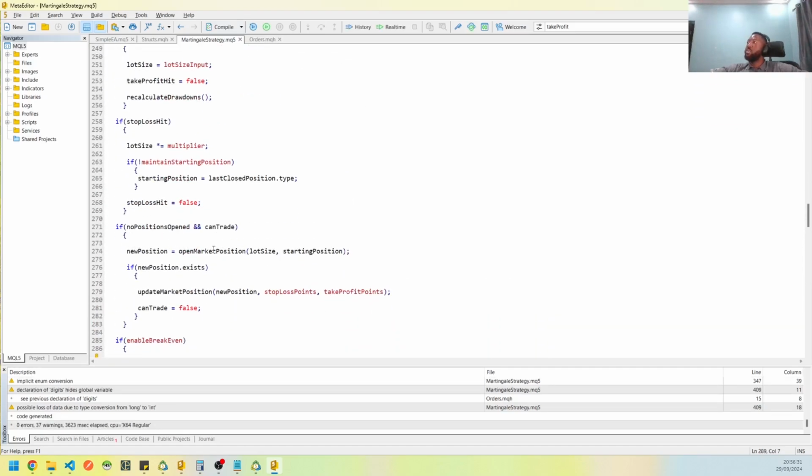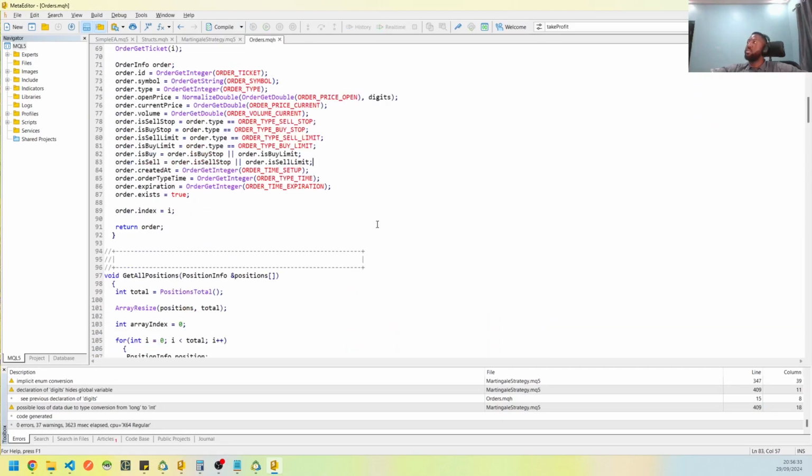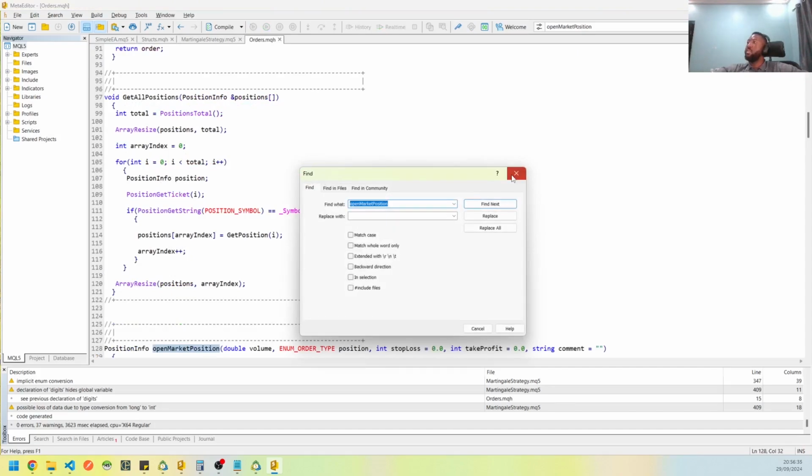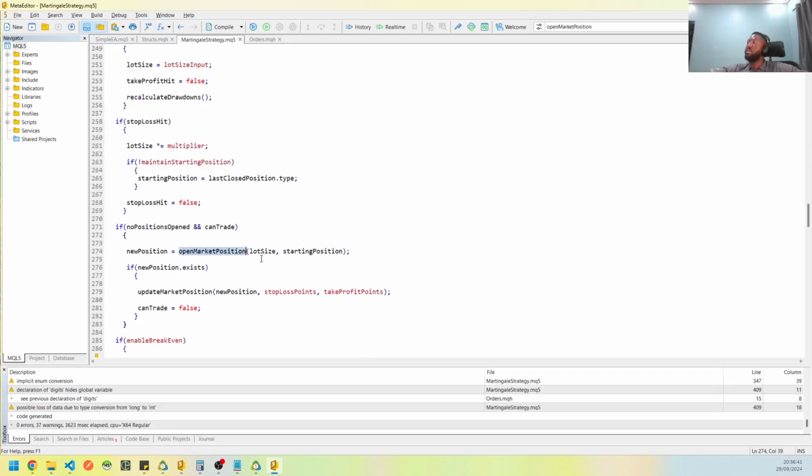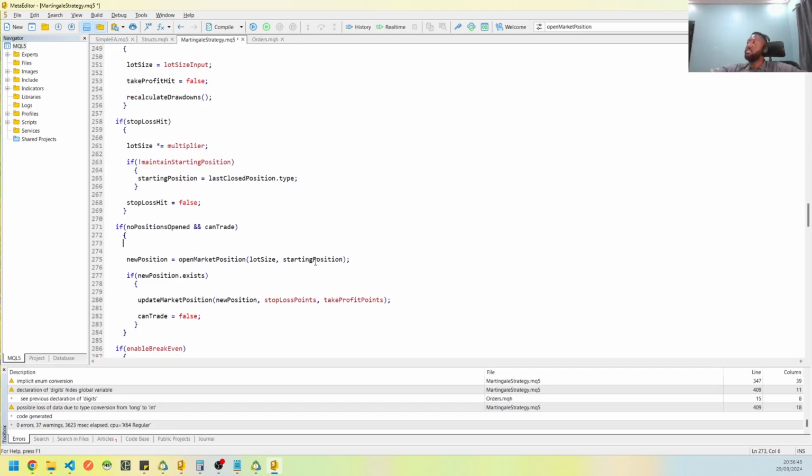So once that's done, we need to then refactor our code. So at this point where we open a new position, let's check what this function does again. So this takes a take profit and a stop loss. So now we can actually use our method to calculate this. So the way we could do that is to have